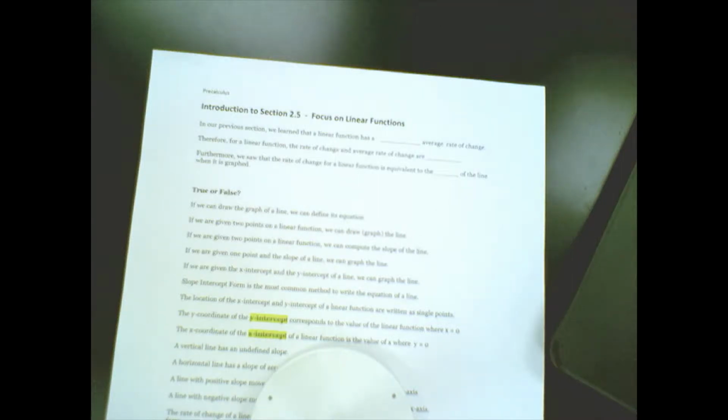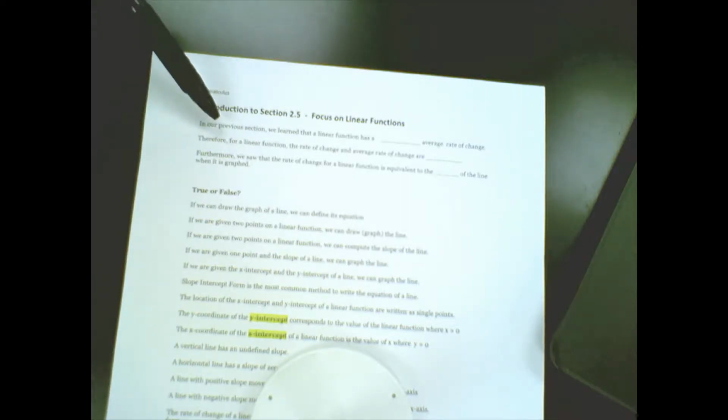So this video is going to cover section 2.5 of Focus on Linear Functions. A great deal of this should be a review for you, so I think you'll find this a nice refresher in terms of the value of this section as you work through this unit. So Focus on Linear Functions, we're going to fill in a couple blanks using what we just did in section